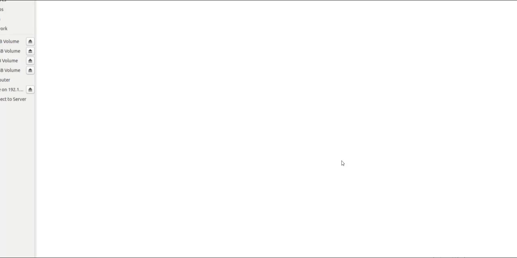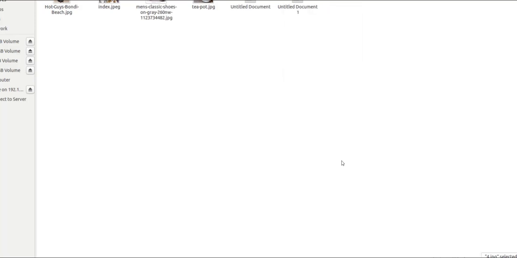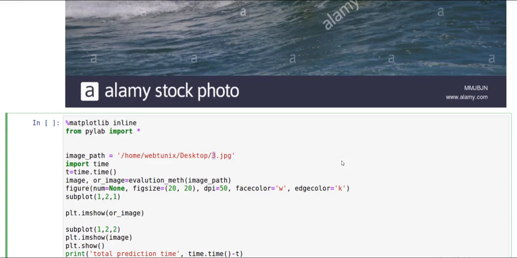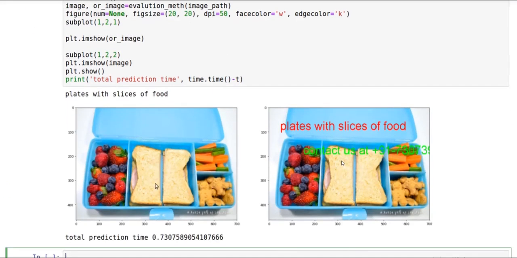Let me use another image this time. So guys, you can see here, this is the input image, and that's the output being generated by the model: the plates with slice of foods.